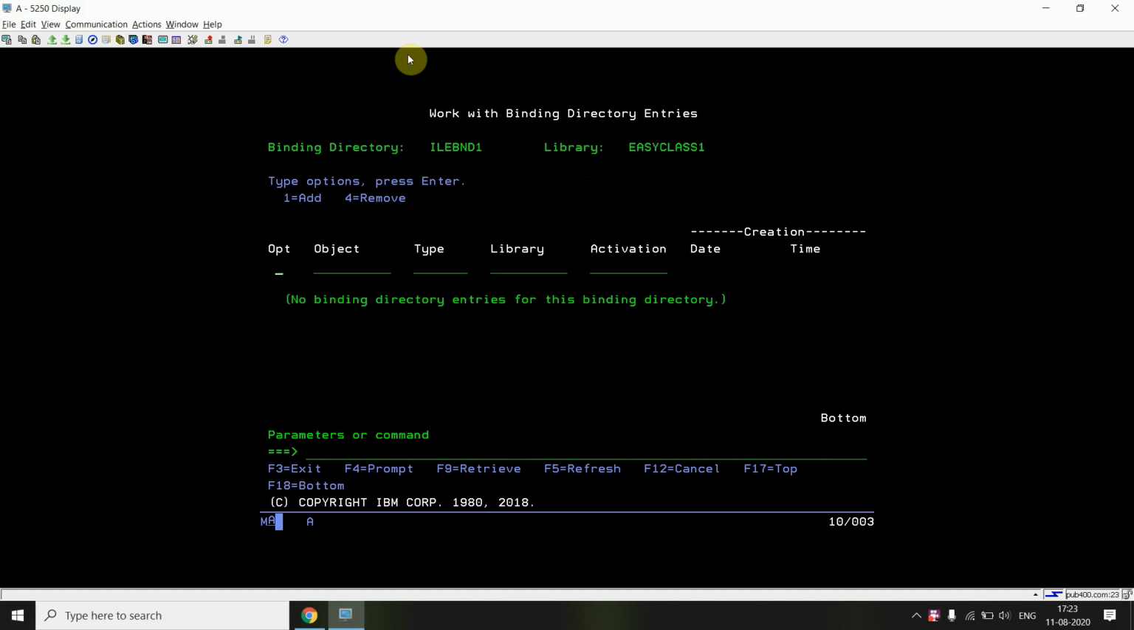Now here you can put your entries, work with binding directories entries. A binding directory is just, you can say, a package which contains a set of entries of modules or service programs. So here you can enter, for example, what you want to add. I can add the name of the module, the type would be module, and the library